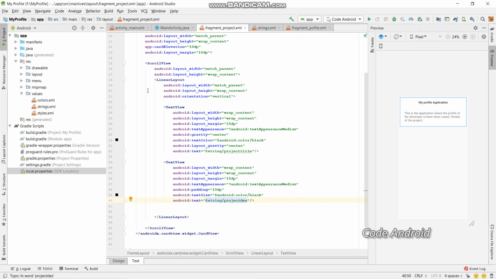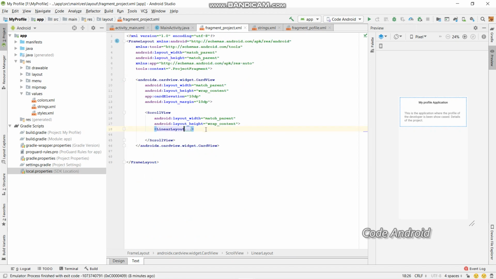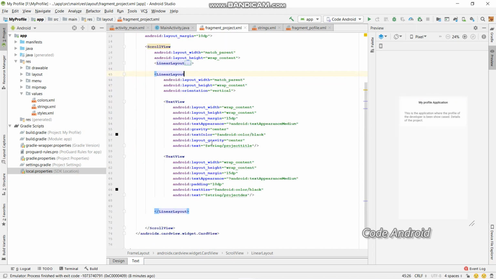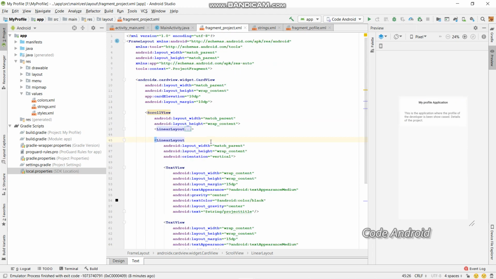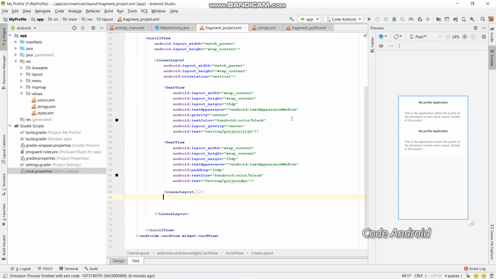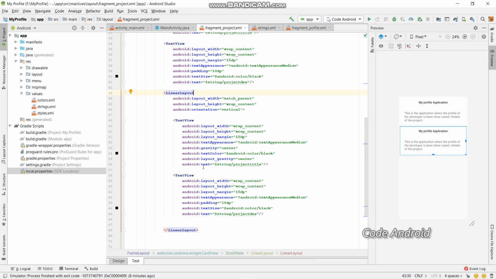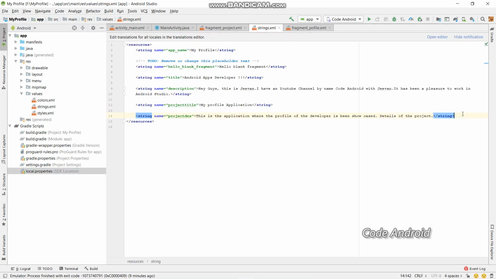And if you want to add one more section, just copy this linear layout. Once you copy the same linear layout inside the outer linear layout, just change the text and let us do it again in strings. Name it as